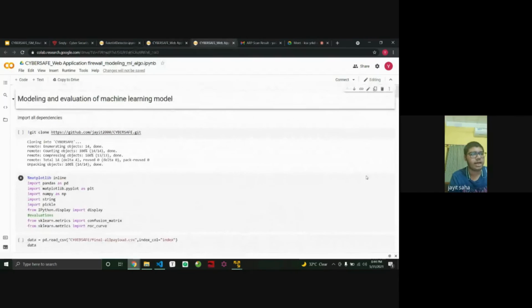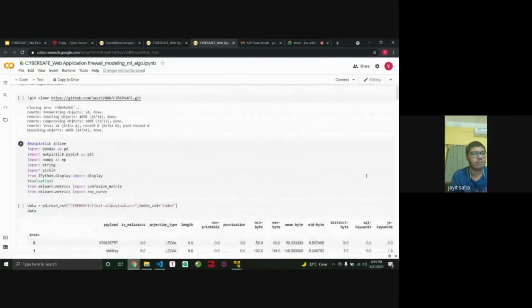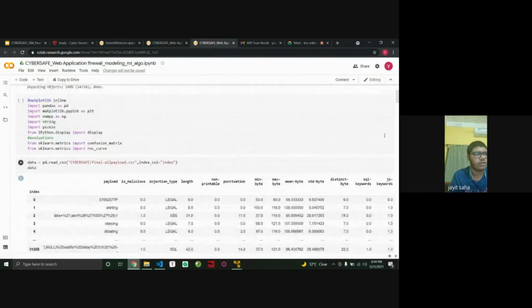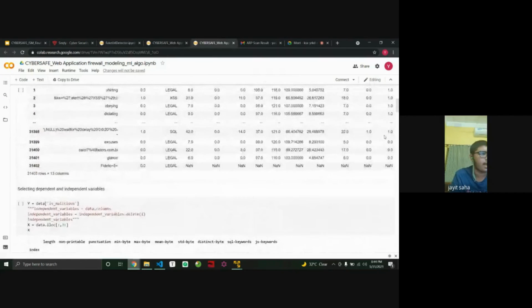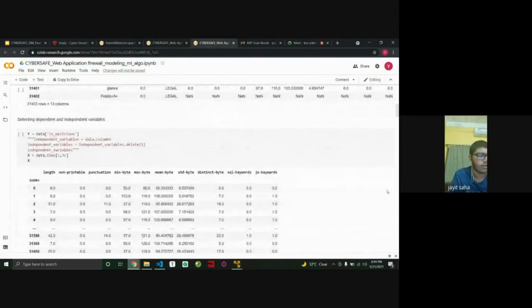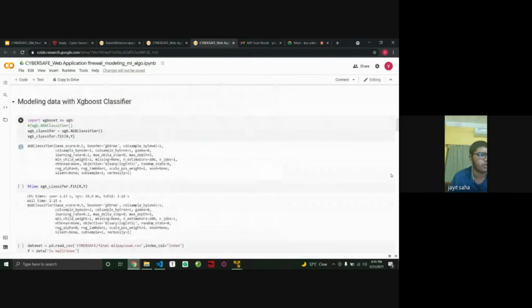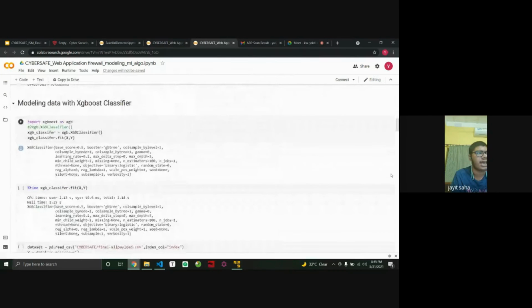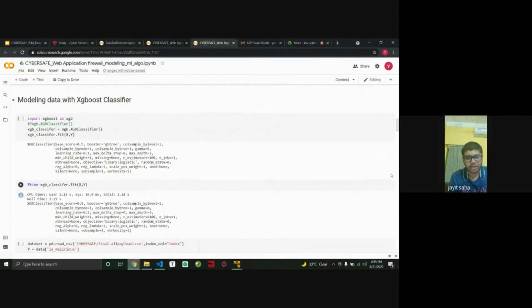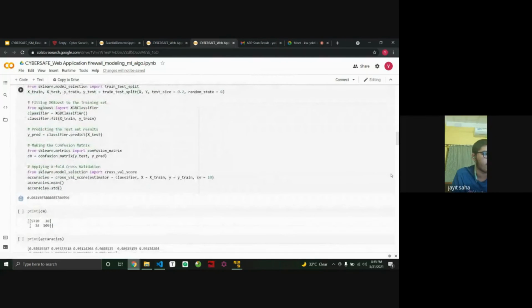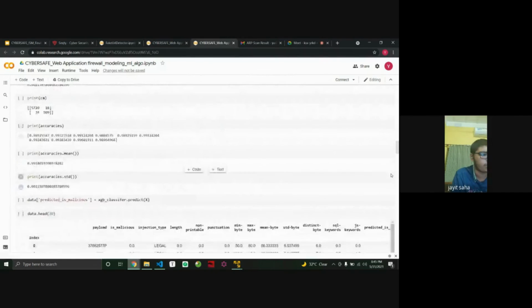Yes. So this is where the actual machine learning models are getting implemented. Now we are again reading the pre-processed CSV file, which contains all numerical data, and we are more interested in the Y value, which is whether the URL or the script tag is malicious or not. So we are now separating into train and test sets, and we have used the XGBoost classifier, which has given superior results in comparison to random forest and KNN.